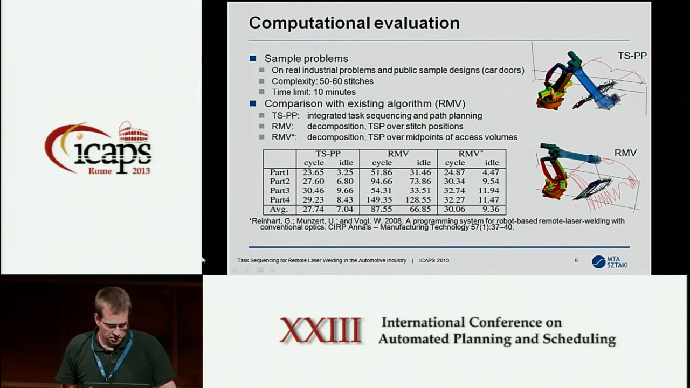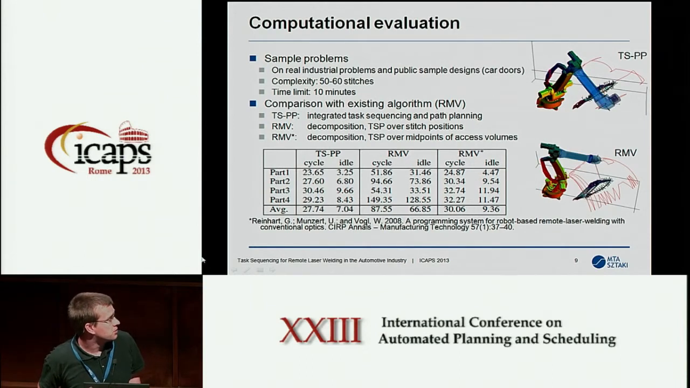Okay, we performed computational experiments on different kinds of car door designs, and we could compare our algorithms to the only approach that we have found in the literature. The reference is displayed here. And that approach is based on decomposition. They first compute the task sequence based on solving a TSP over the stitch positions, and then compute a robot path. So actually, this was not really a good idea from them, I think,